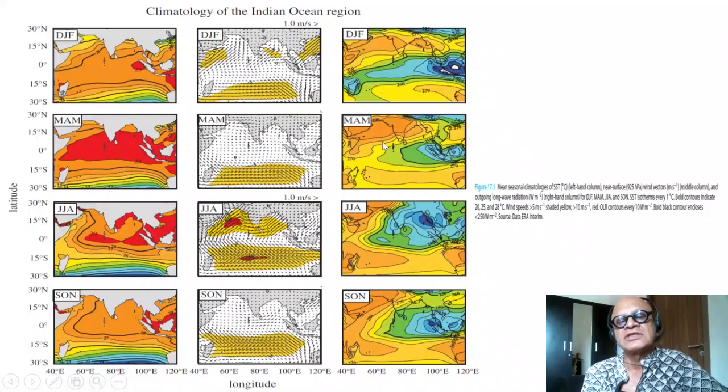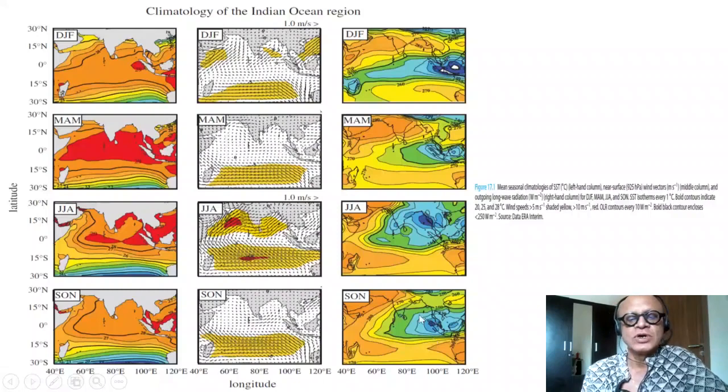MAM OLR is still high, but you can see the changes happening in the ITCZ structure, and then the split that is coming in the summer months that we talked about, with warm sea surface temperatures holding on to the marine ITCZ and the monsoon dynamics over land, and transition back to the winter months through the September, October, November